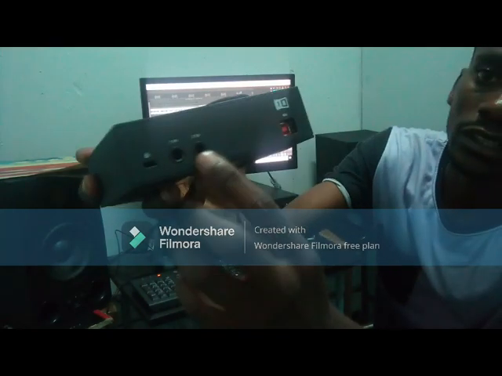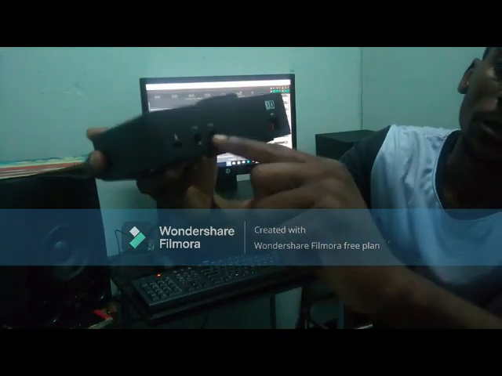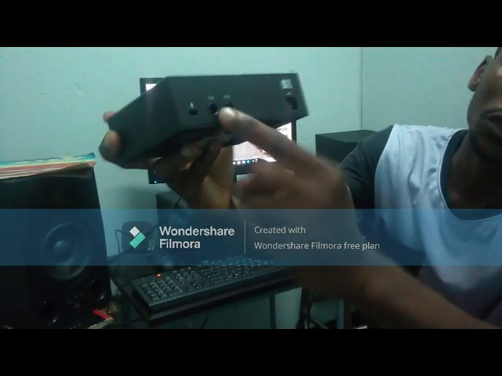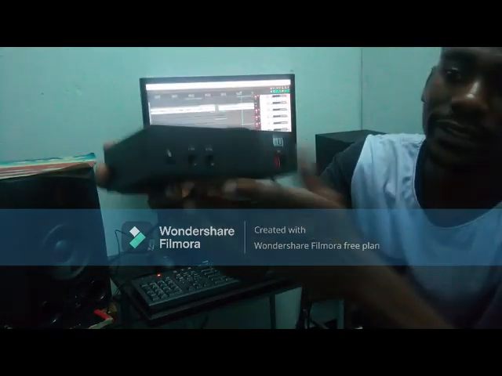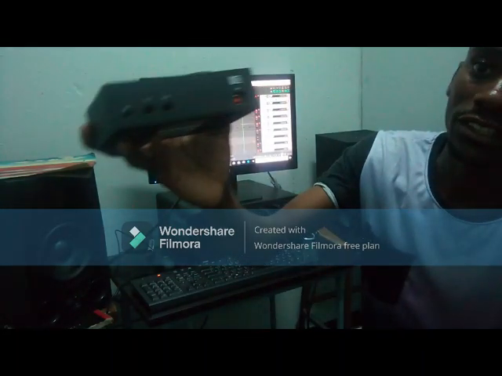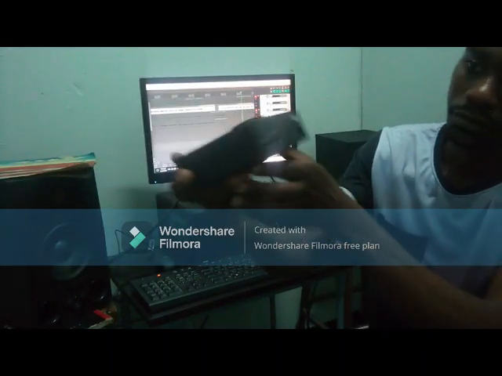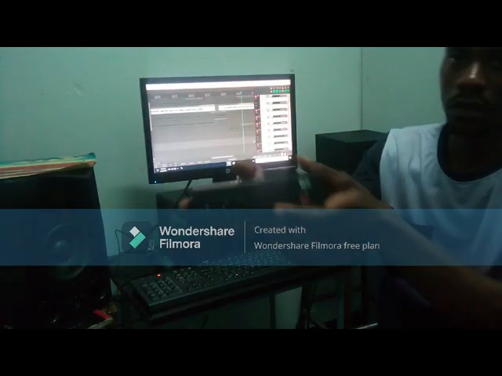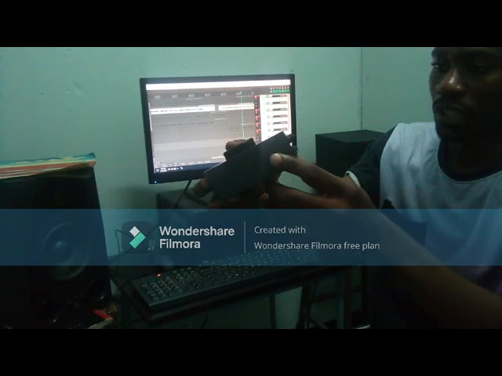Behind here is my two stereo system, left and right, where my two speakers will come through to collect the sound signal. This is my output. And we have my input